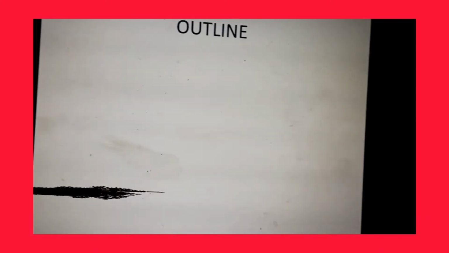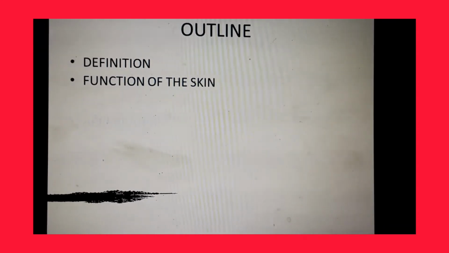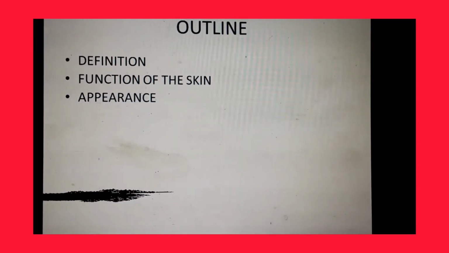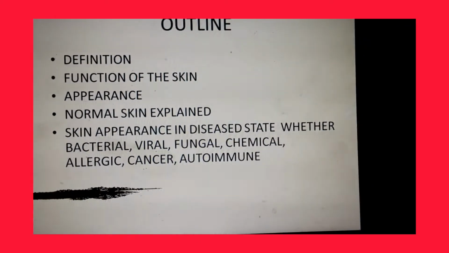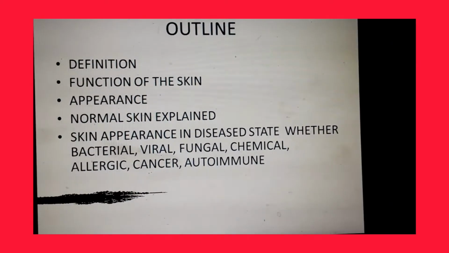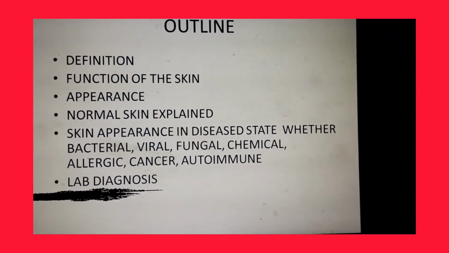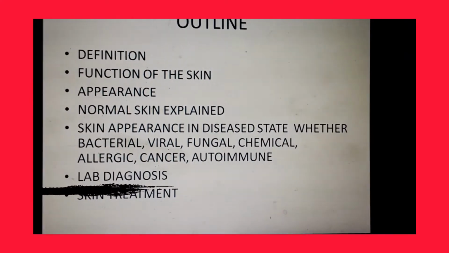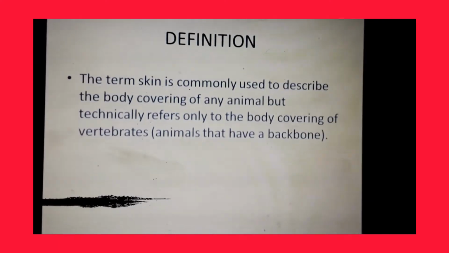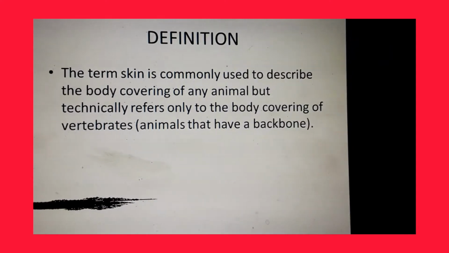The outline is definition. After definition, we go on to the function of the skin, appearance of normal skin, explain the skin appearance in disease states, whether bacterial, viral, fungal, chemical, cancer, autoimmune diseases, and lab diagnosis. The skin treatment, finally. The definition: the term skin is commonly used to describe the body covering of any animal,